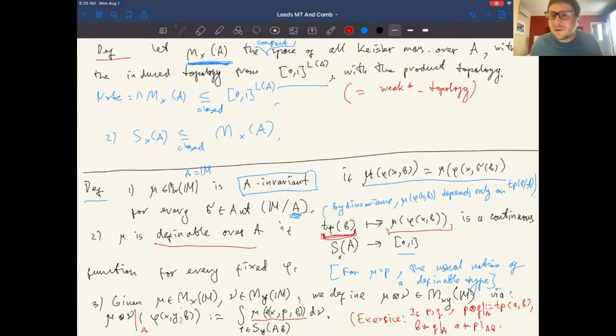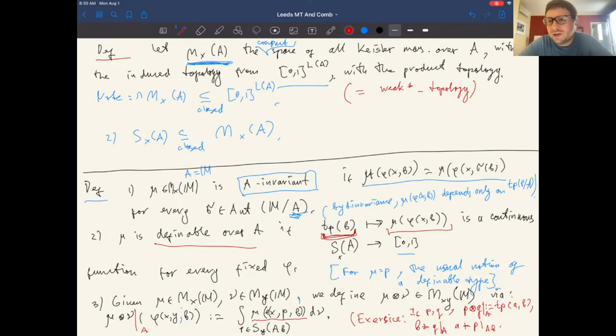Do you know if there's any counterpart of this Keisler measure theory for continuous logic, like definable sets but zero sets of formulas or something like this, or maybe it's not interesting? Sorry, could you repeat? If there's a counterpart of Keisler measures for what? For continuous logic. It's actually not really. It kind of exists in the literature. It's not somehow written in one place.